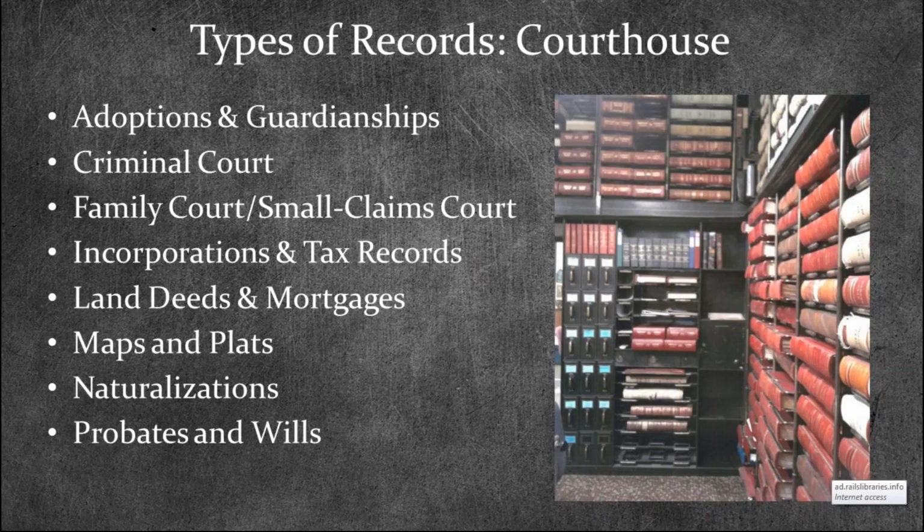You see probates and wills down at the bottom. So let's say dad dies and leaves all of his property to his eldest son, which is pretty standard, and then the second child gets all of the personal property, like the household goods and the animals and maybe a little bit of cash, and then the youngest daughter gets left out. You know, she gets $1 left to her in the will.